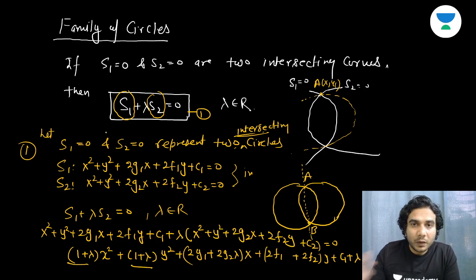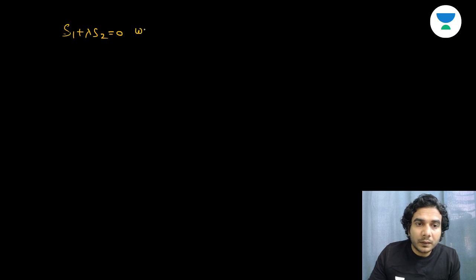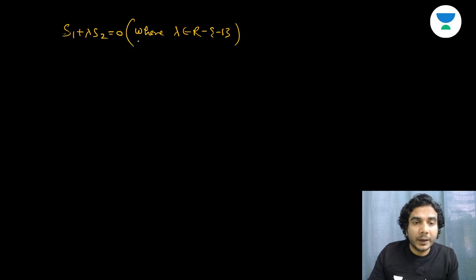the common chord. Okay, I have already taught you in previous session that s1 minus s2 is equal to 0 represents the line which is called common chord if circles are intersecting. If circles are not intersecting, then it will be something else also, all right? But here, because in this case circles are intersecting, we can call it common chord, all right? So now I'll write it like this: s1 plus lambda s2. Okay, s1 and s2 are circles where lambda belongs to R minus {-1}. Okay, I'm just removing this value. Lambda is not equal to minus 1 will